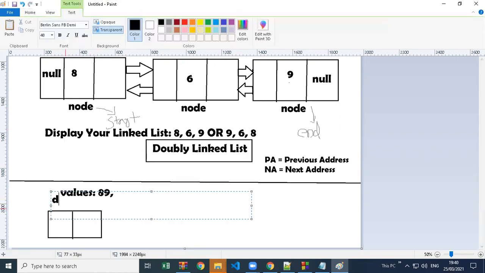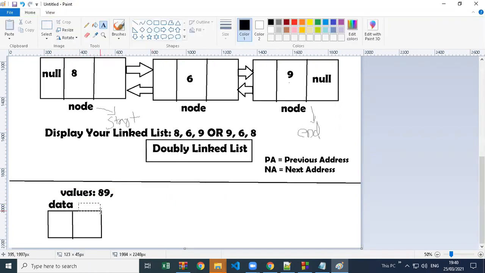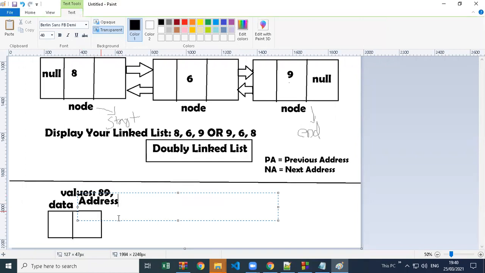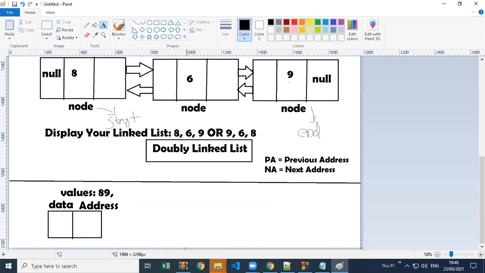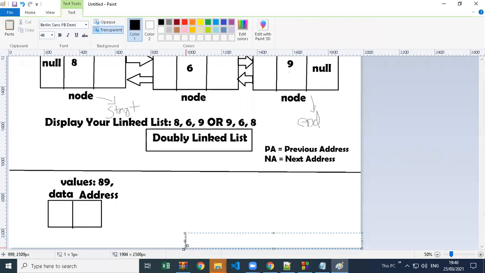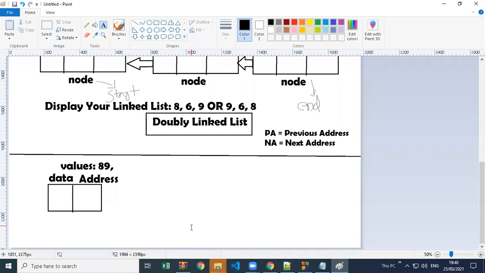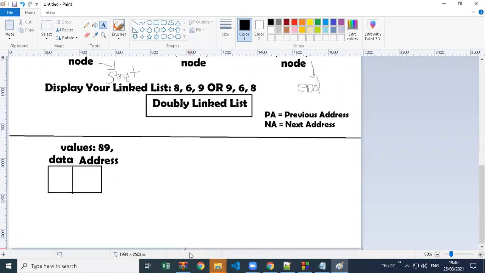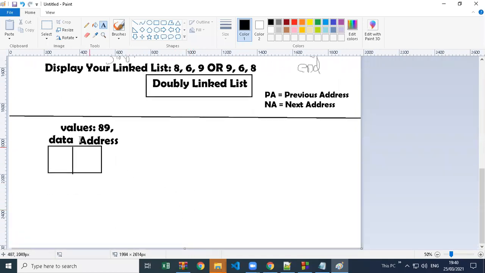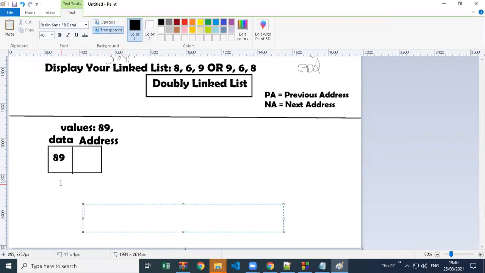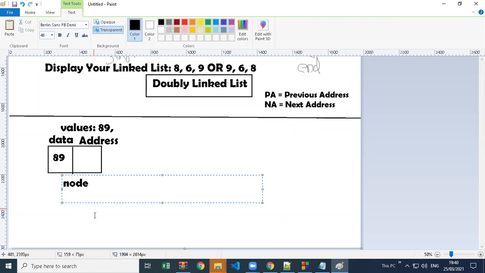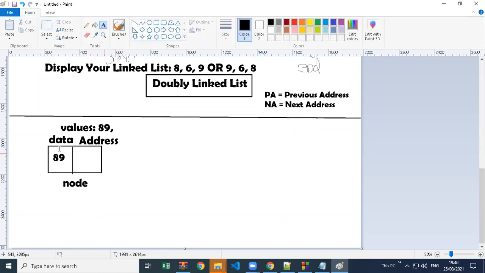It has a data and a next address. What is the data? We are trying to store 89. This is our node, meaning memory, and that's it, stored.